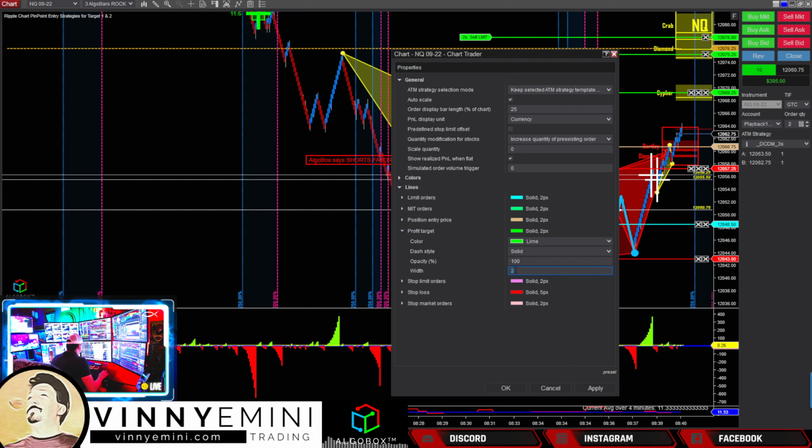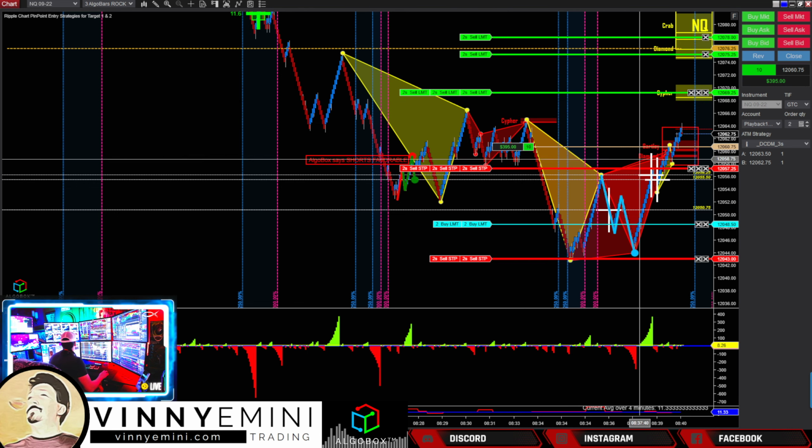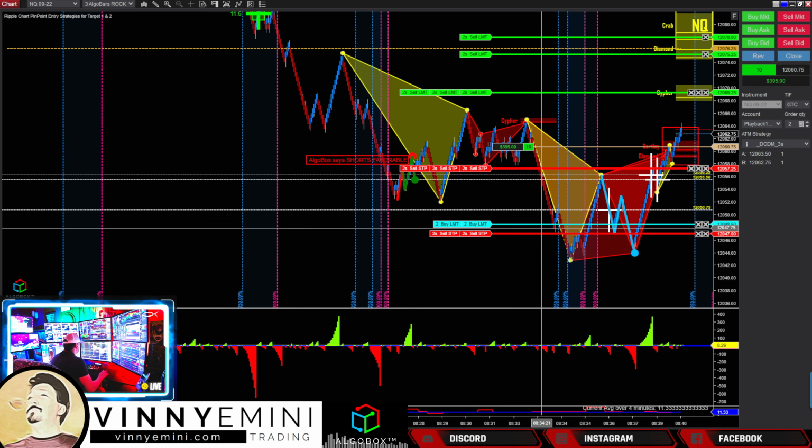Now I can see my settings here. I'm going to make this one a little bit thinner. Let me make it maybe like a 4, just so we can see the difference on those. And let's click on OK. Look at how thick those are now, right? Very, very thick. Now I can come out here, I can grab my whole stop collusion set up,